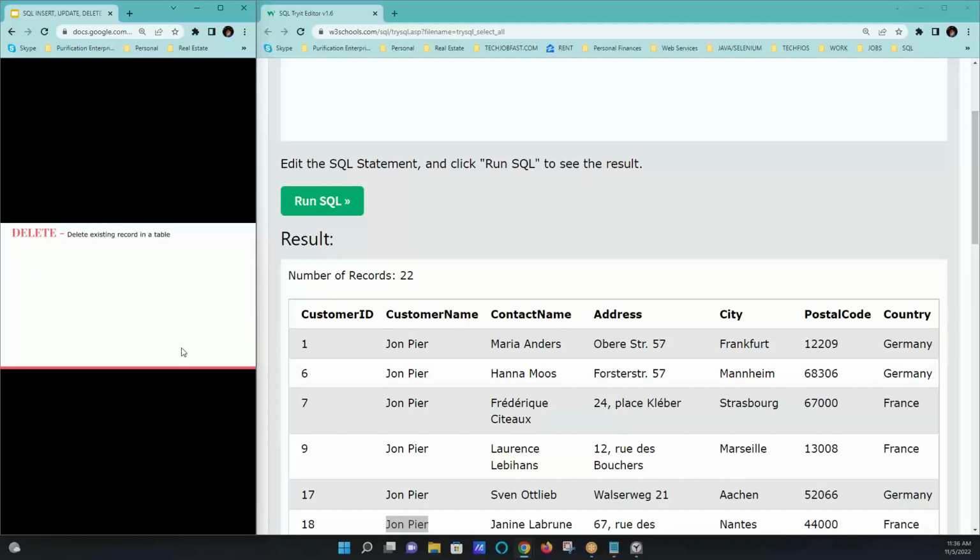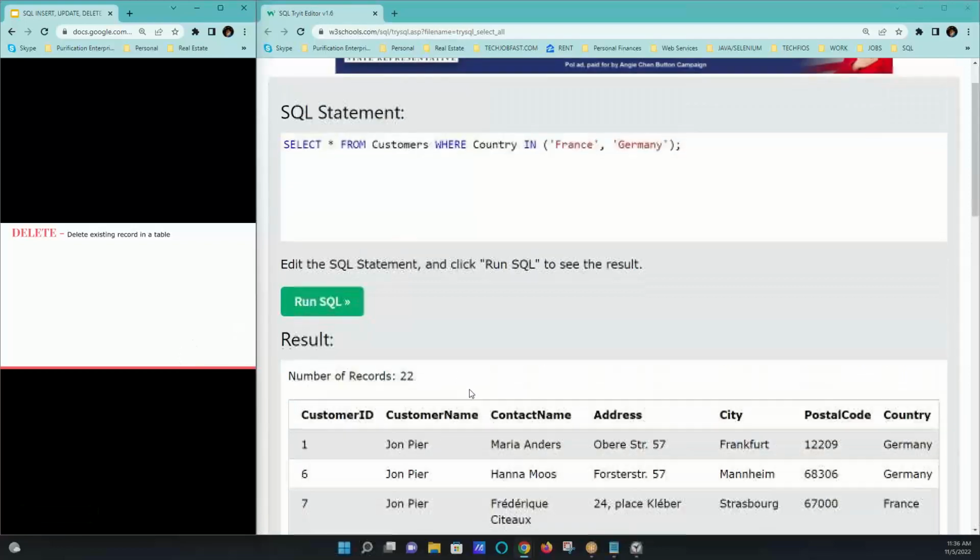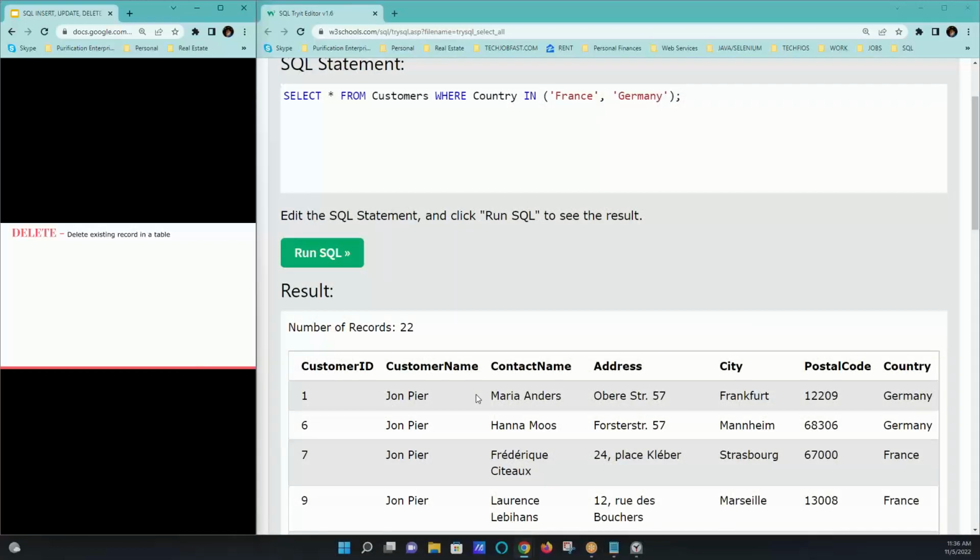Hello? Yeah. I will say now most all the customers have the Jean Pierre name, right? But I want to change only one specific row. Can I say Jean Pierre and customer ID 6 and change the address or maybe the city? You can't change the customer ID because it's, no, I don't want to change it, but I want to select only one row and